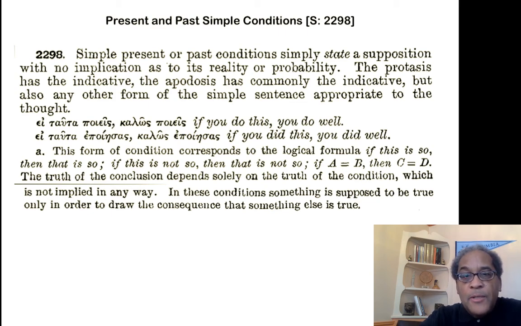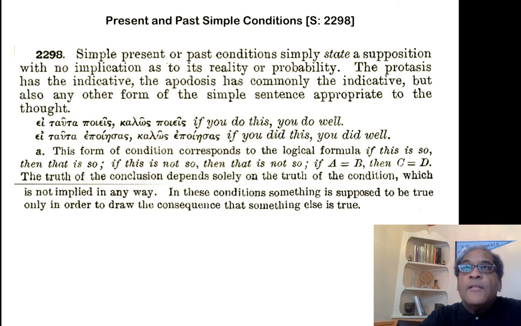Okay, so these simple conditions, this form of condition, corresponds to the logical formula: if this is so, then that is so. If this is not so, then that is not so. If A equals B, then C equals D. The truth of the conclusion depends solely on the truth of the condition, which is not implied in any way. In these conditions, something is supposed to be true only in order to draw the consequence that something else is